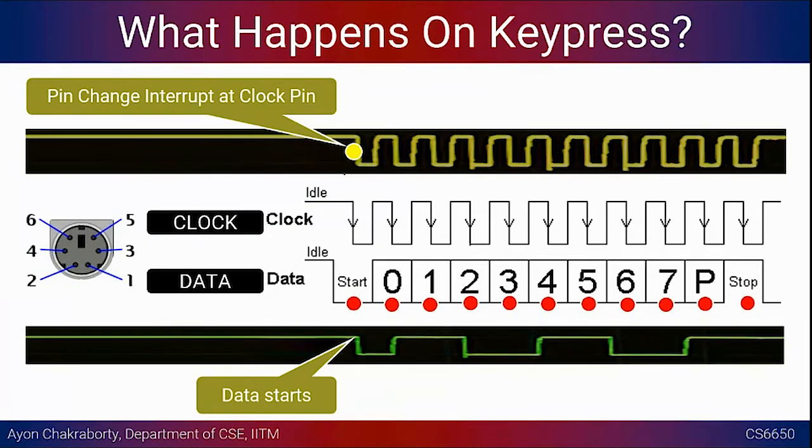So what happens for the clock signal, as we see, is that this is a snapshot I have taken from one of the manuals that shows a feed in the oscilloscope whenever a key is pressed. If you connect a scope to the clock pin, whenever a key is pressed, it is for the duration of those 11 bits. During that frame, it is going to generate the clock pulse. And so this is basically the time that can trigger a pin change interrupt.